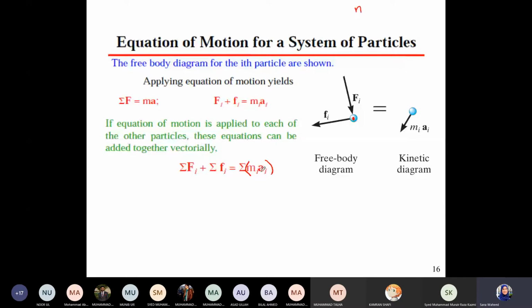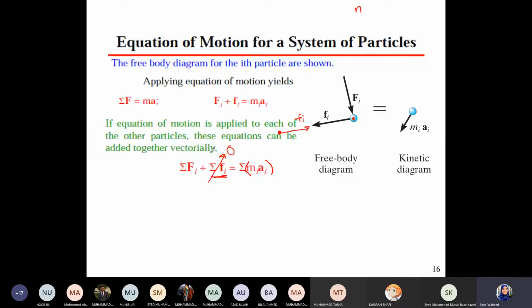Now comes the interesting bit, which is that these internal forces, they come in pairs, right? They come in pairs. So if there's an internal force fi acting on this particle, let's say because of another particle right here, then on this second particle there will be an equal and opposite force acting, right? So my point being that all of these internal forces actually balance out and they sum to 0,